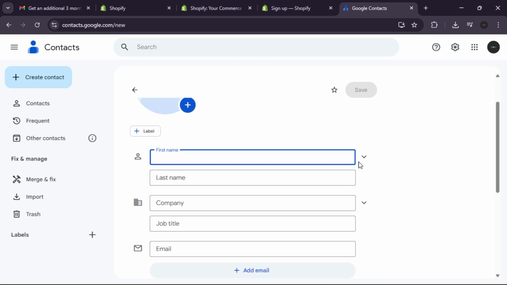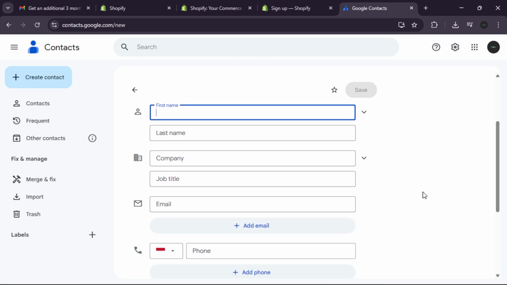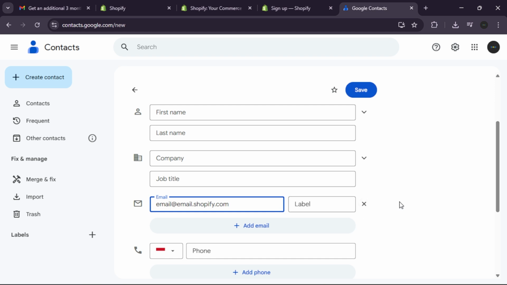This simple step makes it much more likely that your newly resubscribed emails will land in your primary tab instead